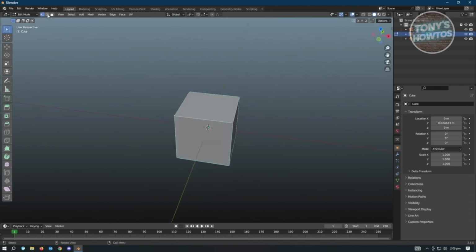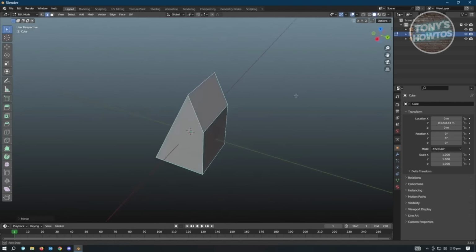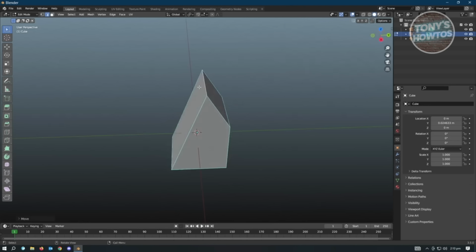So next thing is we have the select mode for edge select. When we click on the edge here, it's going to select that edge. If you select that edge and move it around, it's basically going to deform your section here. So just to show you a preview, I move this section here with G, using the